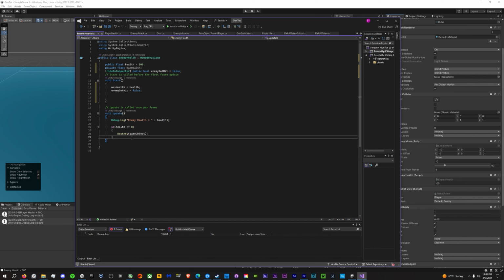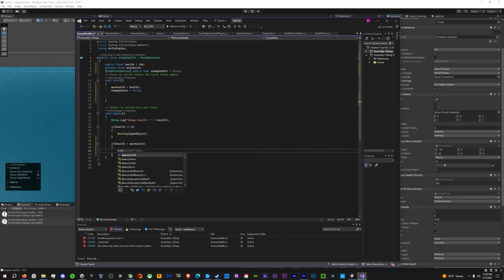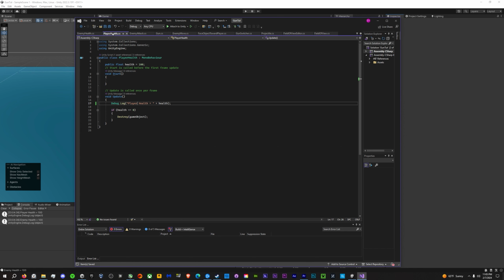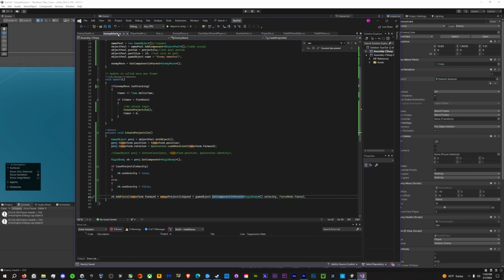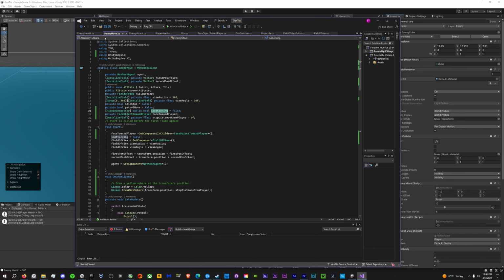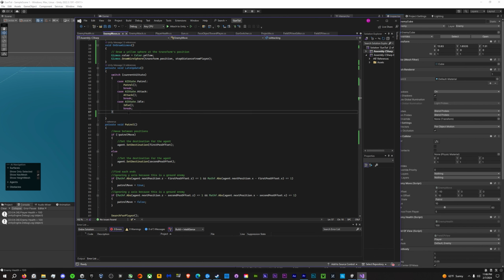Alright. And now if max health is less than, or actually I guess if health is less than max health, enemy got hit equals true. Alright. And then we want the enemy to attack if it gets hit. So in our update here,